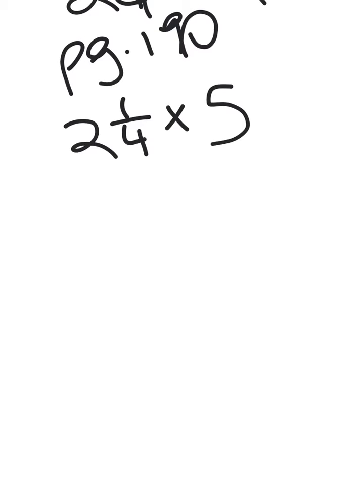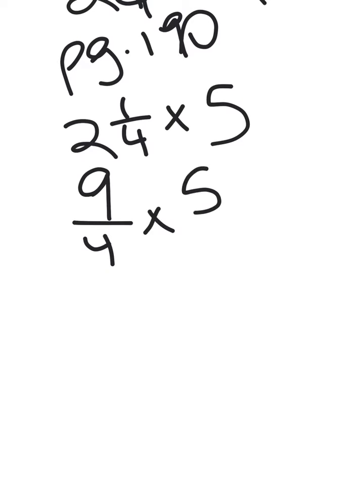First step, still, is to convert the mixed number into an improper fraction. 4 times 2 is 8, plus 1 is 9, over 4 times 5. Whole numbers become a numerator with 1 as a denominator if you want to multiply them with fractions. 5 is the same as 5 over 1. 9 times 5 over 4 times 1 will give you 45 over